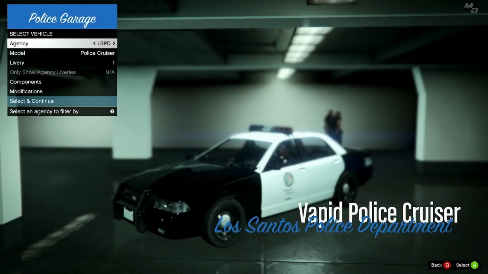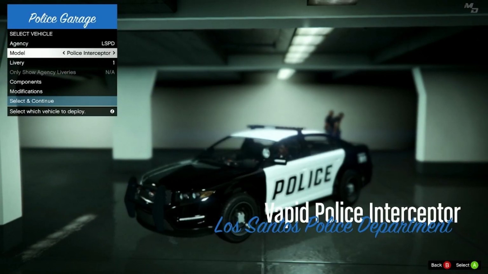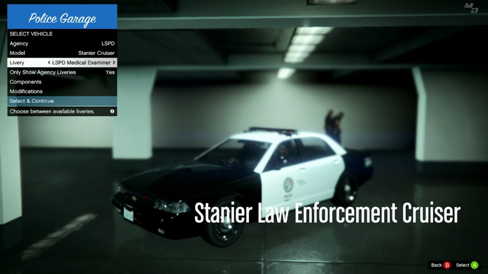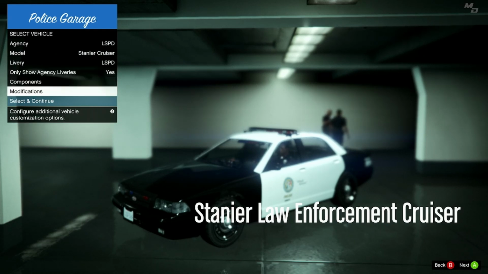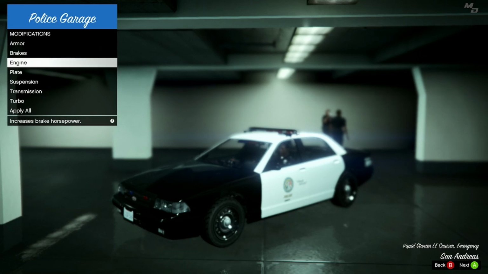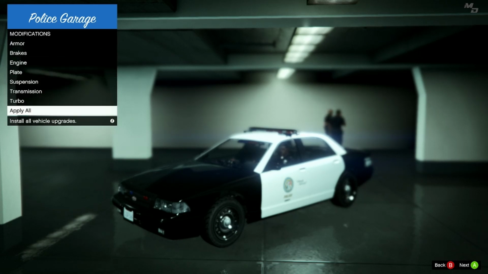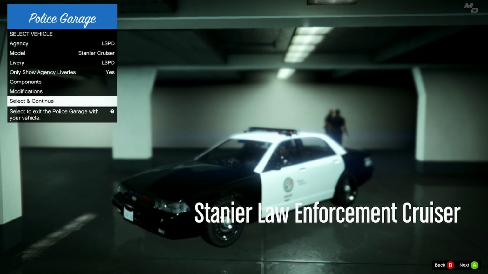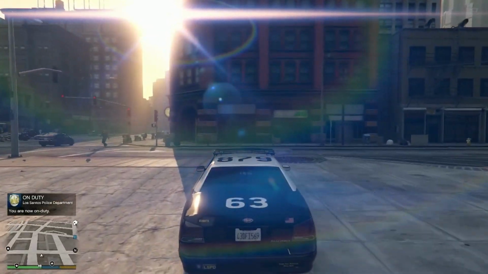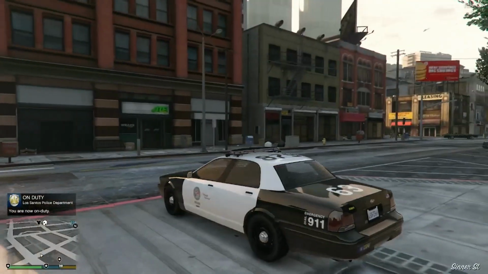Alright, so we can choose whatever vehicle we want. Let me just choose this one, and then delivery, does it really matter? Yeah, let's just go ahead. Over here, guys, you can modify the vehicle, like upgrade the engine, the brakes, and everything like that, or you can just go to apply all if you wanted to, and then select if you are satisfied with everything. And now we should be ready to go on duty. We are pretty much on duty already, and now we can pull over some vehicles if we wanted to, but